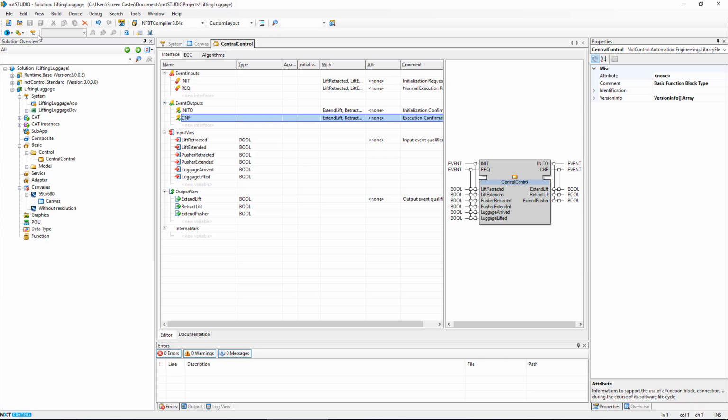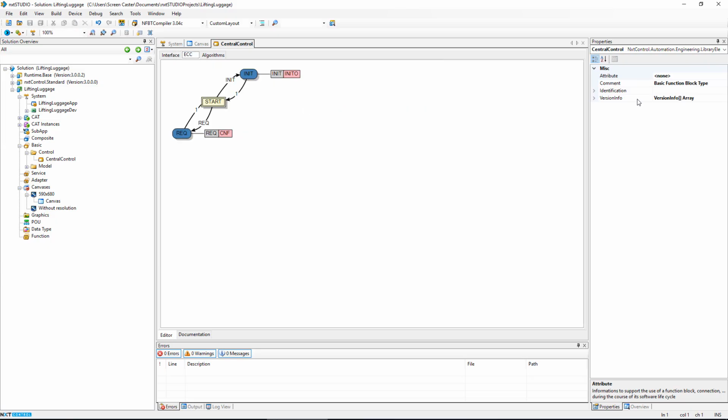Now we need to do the ECC. All right. How do we do this? Let's make a plan, right? We don't need this, so let's get rid of that. We will always start with initialize. We probably won't come back to the start state because it's going to be some kind of cycle. So when you initialize,